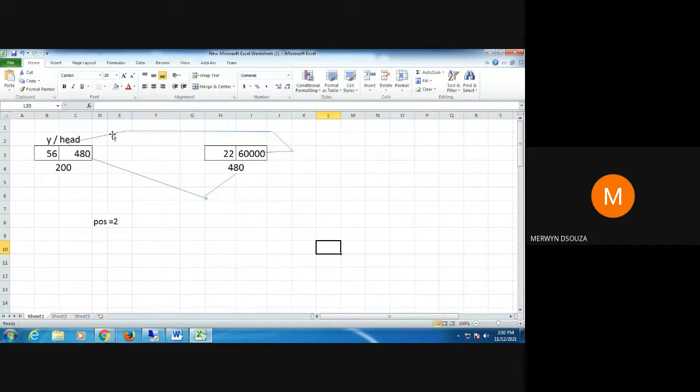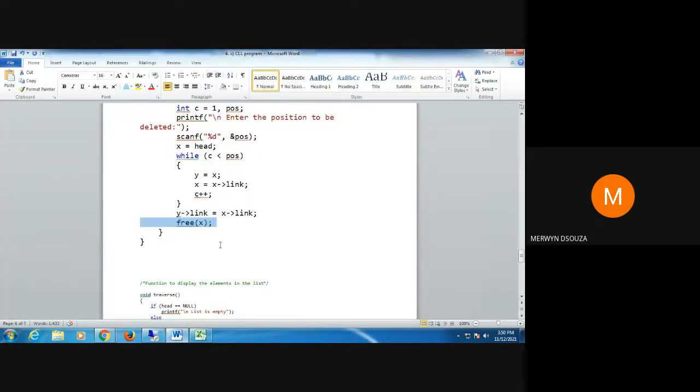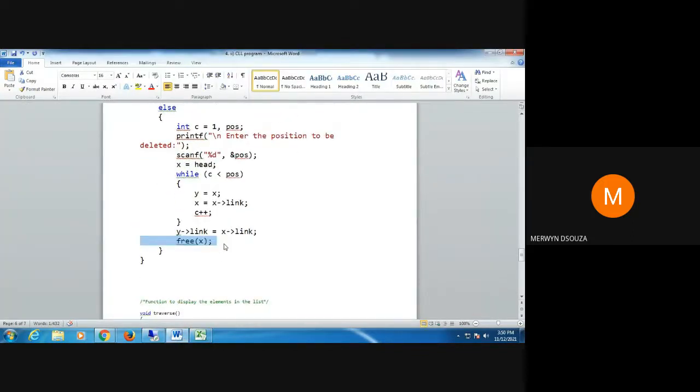So you are having the first node at address 200 and the second node at address 480. So this is how your circular linked list functions. Whatever position you mention, the data at that node will get deleted.